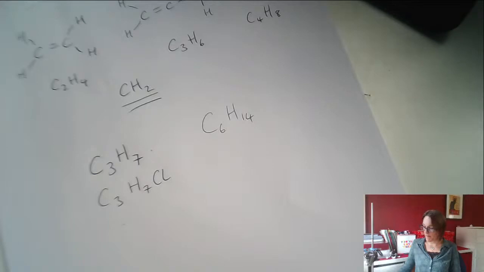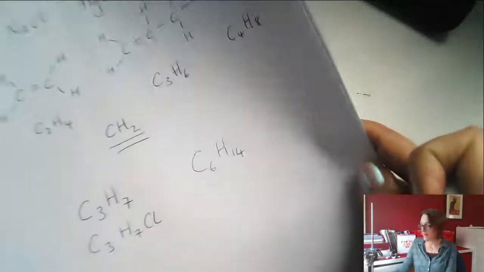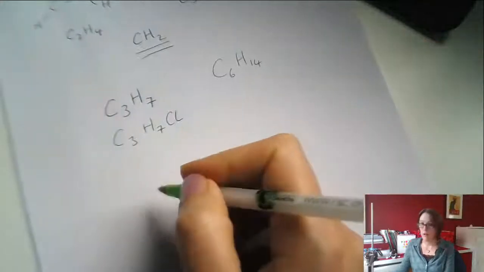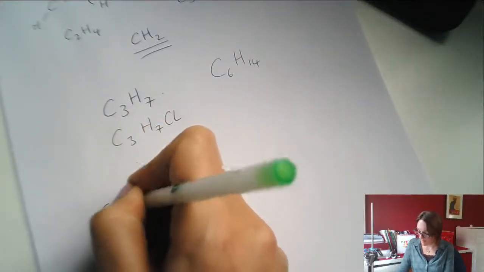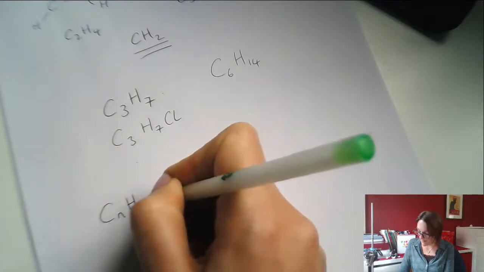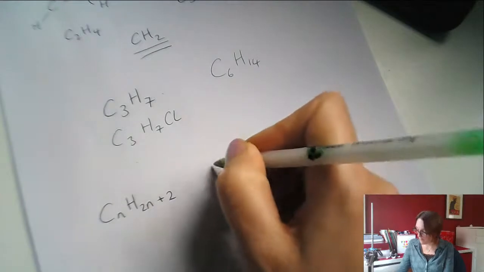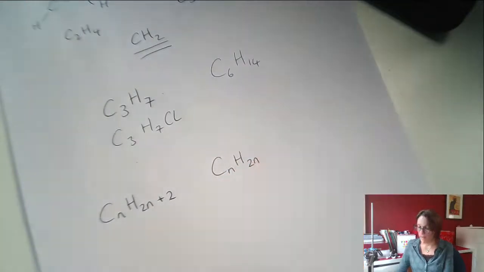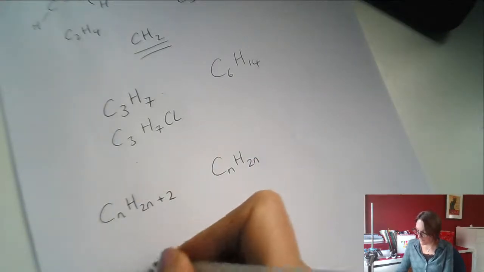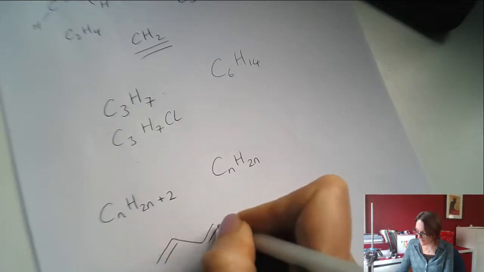So what do I mean by that? Well, we know our general formula, and I am going to get to the fragmentation, don't panic. General formula for an alkane is CnH2n+2. And our general formula for an alkene with one double bond is CnH2n. But one of the examples I gave you was a diene. So, for example, we had something like